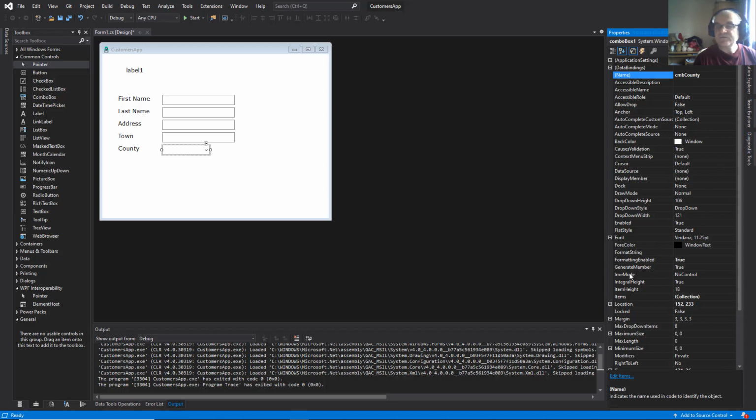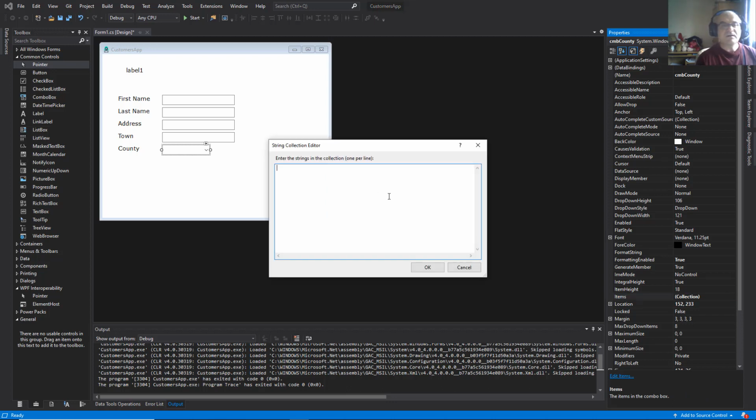Here is the property items, which can contain collections of data, and I'm going to write just two counties for exemplification: Surrey and Middlesex. Okay,